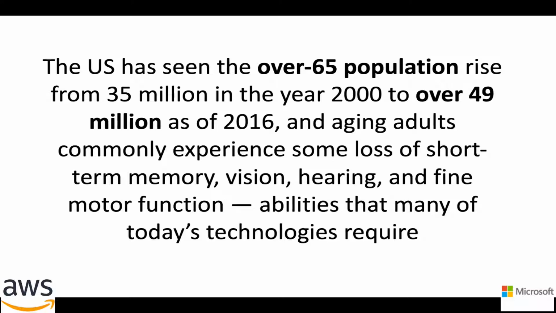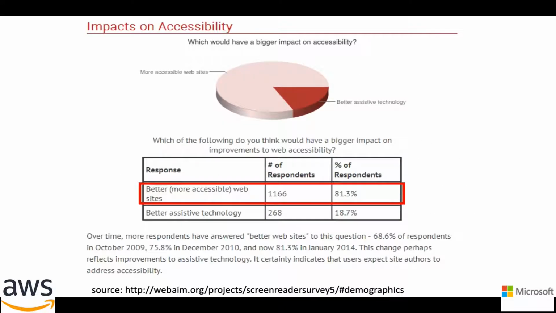And we make software for them just as well as we do for everybody else. So it's a big group of people. While we do have many, many accessible options and different accessible hardware and software to help, what happens is when people with accessible needs are asked, what do you want? Do you want the websites and the software to be better, or do you want the assistive technology to be better, and then that will enable the websites and the software to be better? And basically everybody said, overwhelmingly, 81.3% said, no, we want the websites to be more